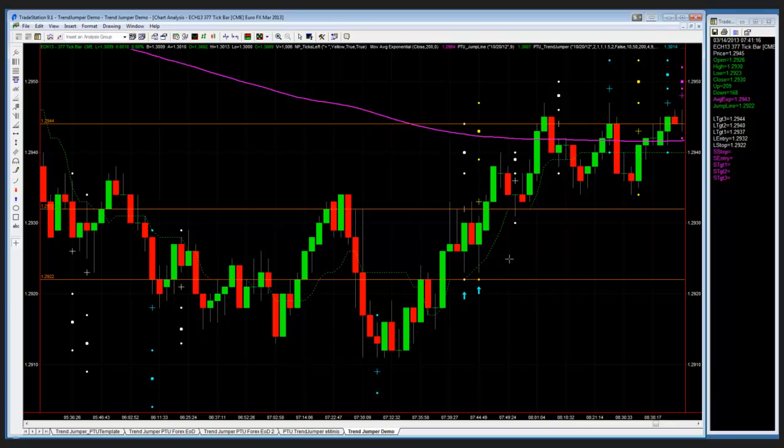So, this is just an example of what Trend Jumper is. I'm showing you a scaled down version of it here. But the point is that you've got a lot working for you. You're looking to take advantage of short-term support and resistance levels, and then jumping off of it for quick and immediate profits. That's the whole premise behind Trend Jumper. And I do use it on end-of-day Forex with great success.